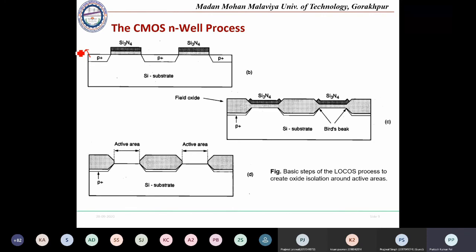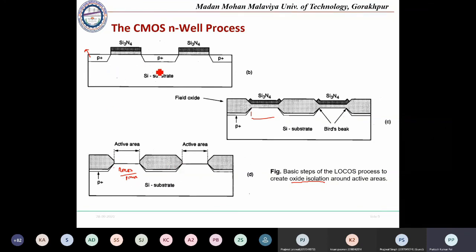So this basically provides the separation between two regions, or you can call it oxide isolation. Okay, so this padding will be there, and the region after padding will be called the active region. In this active region, either NMOS or PMOS will be fabricated. So only this active area will be considered for fabricating NMOS and PMOS.